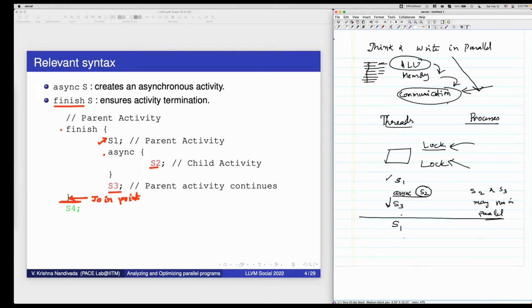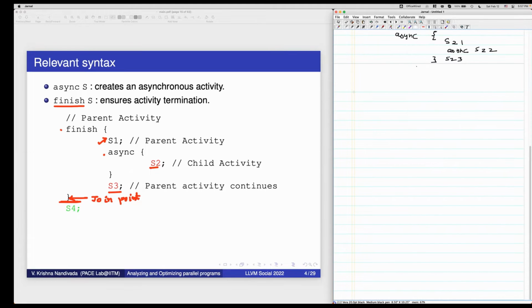So let's say I have this code, right? Now within this async, I can have one more async, with S21, S22, S23, and then I have, let me add one more page here, S24.